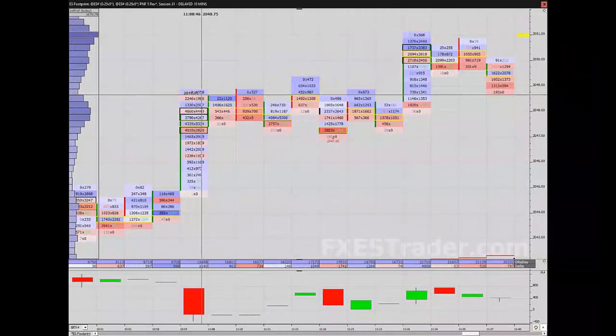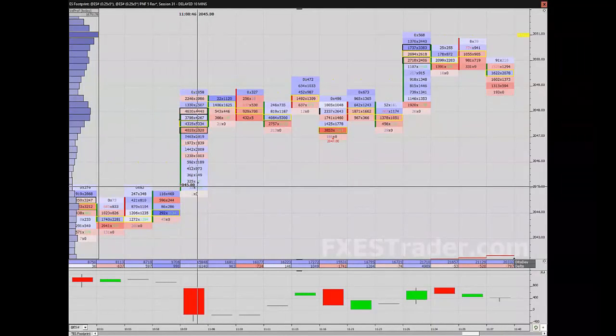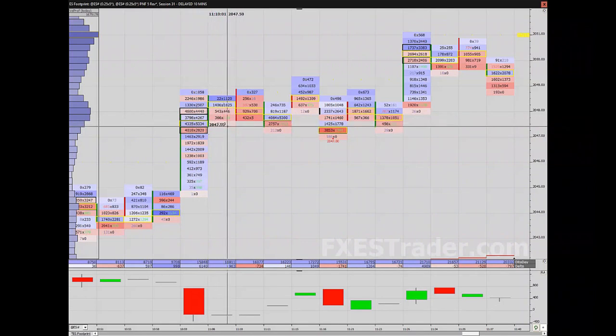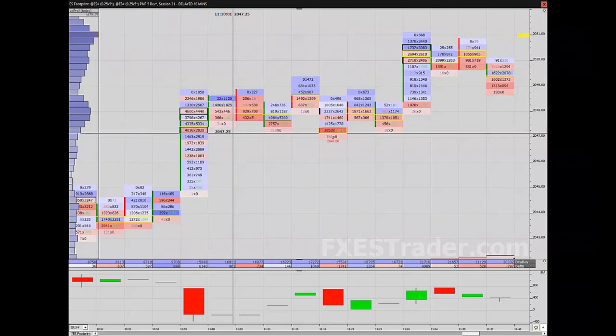See the 0 by 1058 after a big rip with 1, 2 buy-side imbalances to start off the run of this candle, flanked by a whole bunch of volume at the top. See all these big black bracketed and yellow bracketed boxes telling us that we may have exhausted the run out, and there's a good chance that if we could spend some time under the 48 area, we may see a more significant pullback. But again, you could almost just trade this today off of just looking at the footprint,